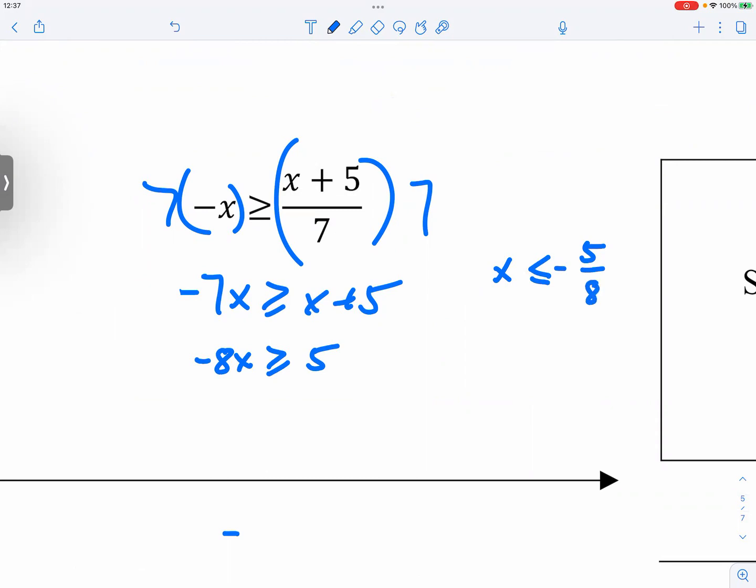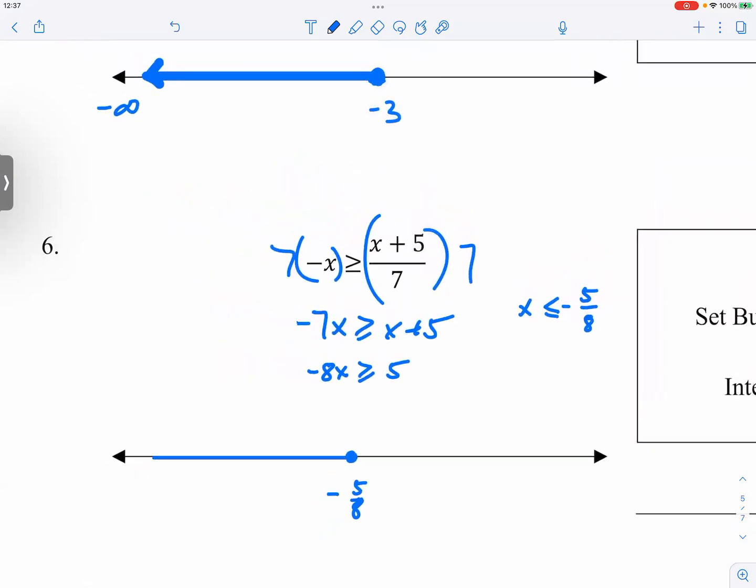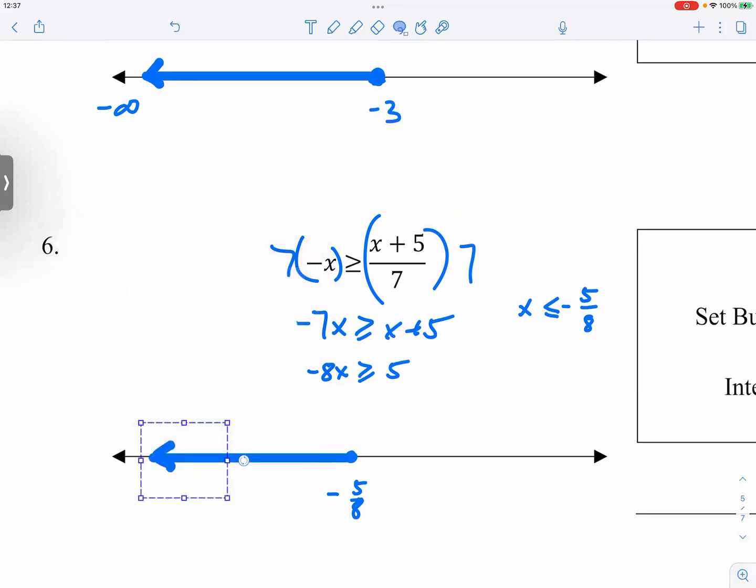And so, where? Did I change the sign? Yeah, I think I did, right? x is greater than or equal to, x is now less than or equal to. Yeah. So negative 5 over 8, it is going to be a closed circle since x is less than. So we're going to highlight the part on the left. Okay,